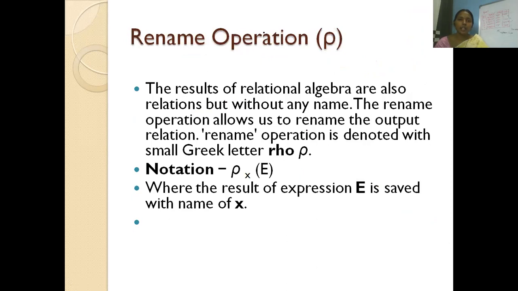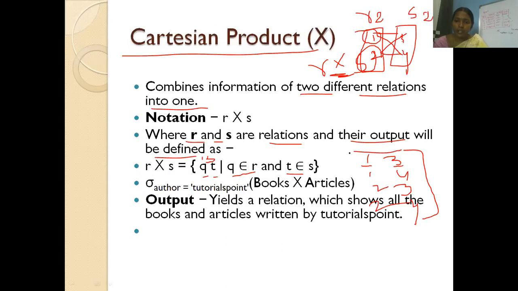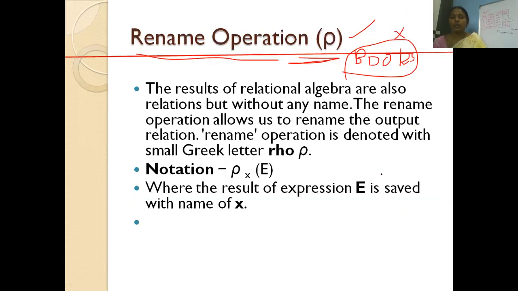And the last one is the rename operation. So rename is nothing but, already a name is there and we have to rename it. Now here this rename is not for renaming a table. For example, we have a books table, right? Now, this books table name is not going to be modified with this rename operation. What you are renaming is whatever intermediate result you are getting here. Yes or no? You are getting a result here. Now, for this result, I want to give a name. So that we can do with the help of the rename operation.